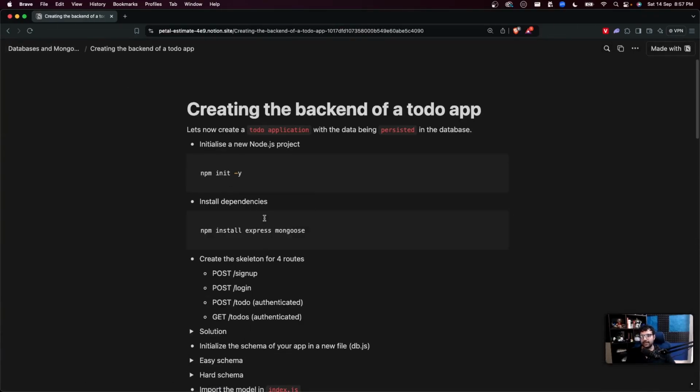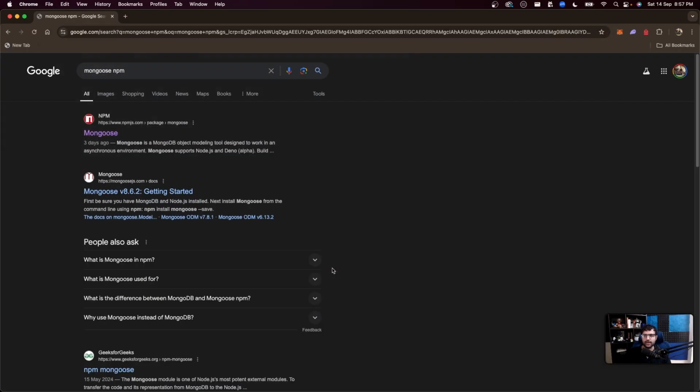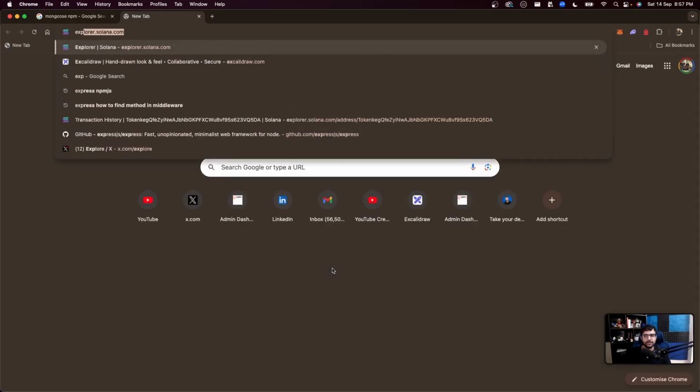Let's do that. Let's create the backend of a to-do application. This whole slide will take you through that. I would urge you to code along with me. I have put all the detailed steps here, so I think this shouldn't be too difficult. The thing to learn would be this external library called Mongoose. In fact, even before we start, I would urge you to read through the docs of this a bit. What is this Mongoose library? Just like we had used the Express library until now,